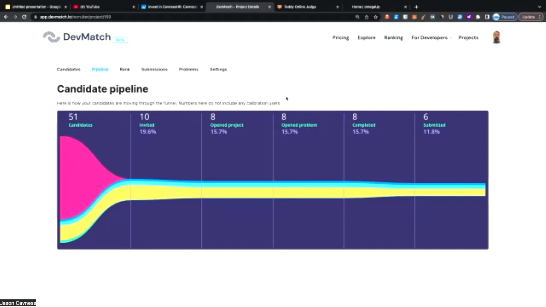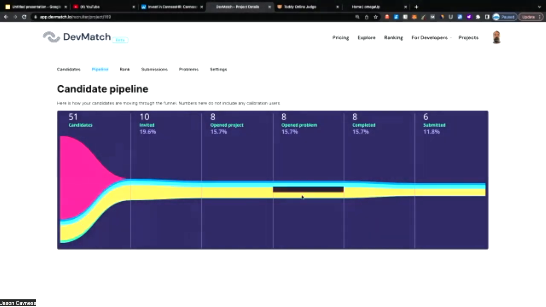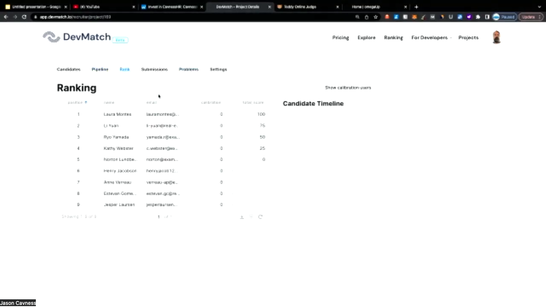Okay. And then the colors here are the different sources. Maybe some of them were recruited via LinkedIn. Some of them were recruited via Handshake. Yeah, I remember seeing that. Yeah. So you know where people are coming from. And some people submit, some people don't. And this is the all important